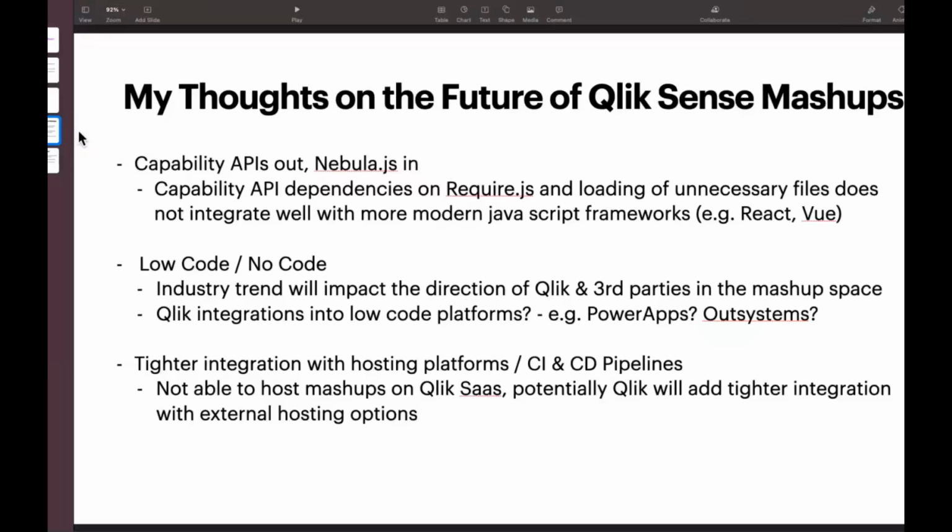So that was just my thoughts on where we may be going in the future of mashups, and I'll just pause at that point and see if there's any questions before we move on. Okay,